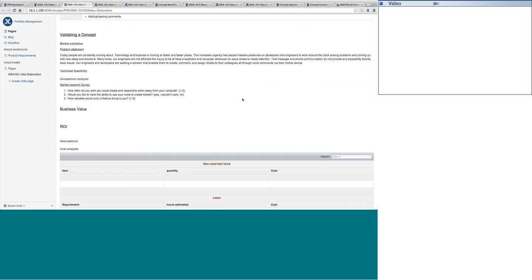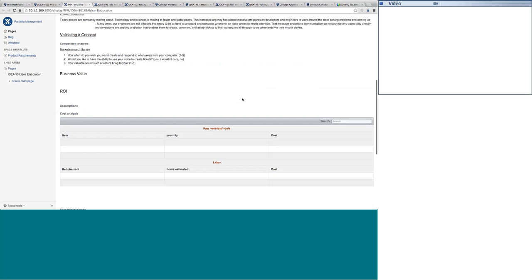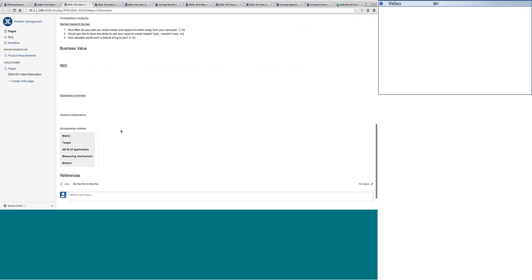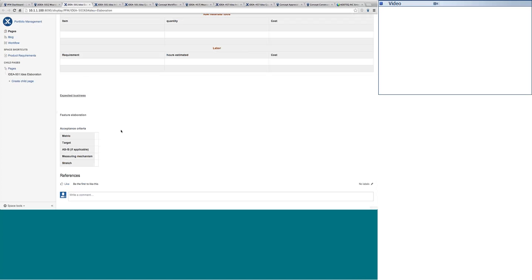At the same time, we also try to capture the acceptance criteria. This is very important. When a person is doing elaboration for a particular idea, it is very important to understand what exactly the idea is that we are trying to implement. Now, by giving the acceptance criteria, it will be very easy for us when the implementation of the idea is completed. We can always measure how successful we were, how close we are to the acceptance criteria, what the delta is, and what next. So the retrospection can be done very easily if we have captured the acceptance criteria.